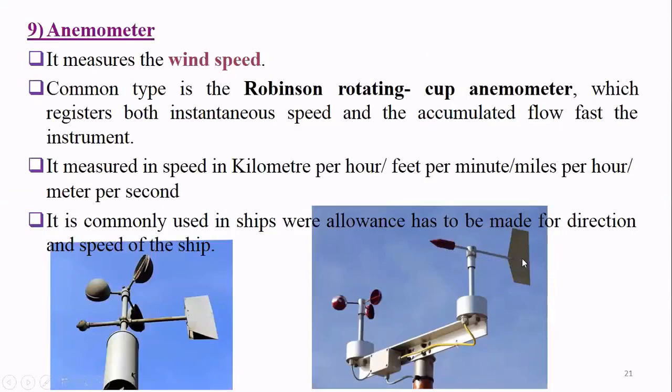And it should be freely movable, because in one season the wind originates from one side, and in another season the wind originates from the other side. So it should be freely movable. To check that, you have to check these frequently. You can see these two combined mainly in ships, and both these tools are combined and fixed in the meteorological station.